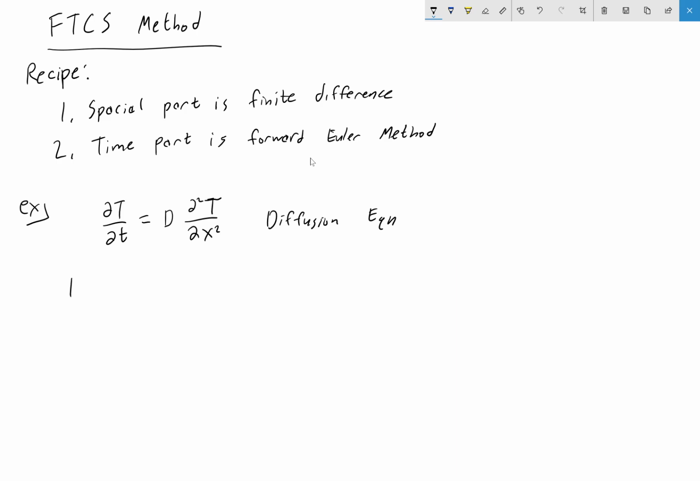Okay, so let's go through the two steps in my recipe. So the first thing here is to take this dT/dt and do a finite difference on it over here. So the left-hand side is going to become an ordinary differential equation because now this time here is the only term with the derivative in it. And on the right-hand side, we're still going to have capital D, and we're going to do the finite difference to change that second partial derivative into